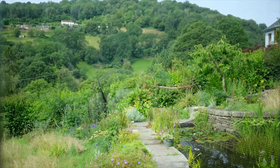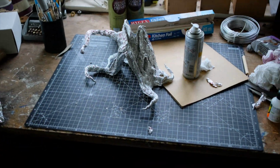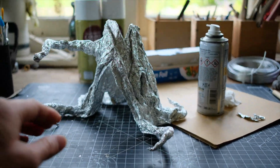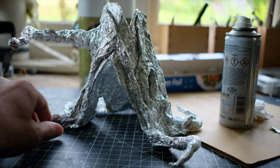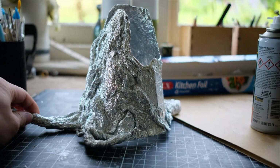And it's the next day. It's a beautiful day. This is what I managed to get done last night. Starting to look somewhat like a tree-ish,